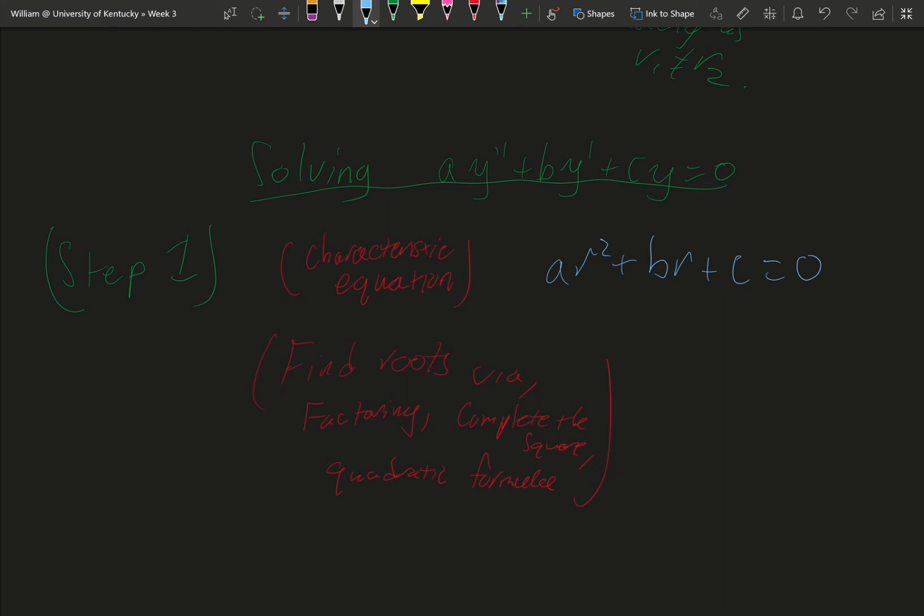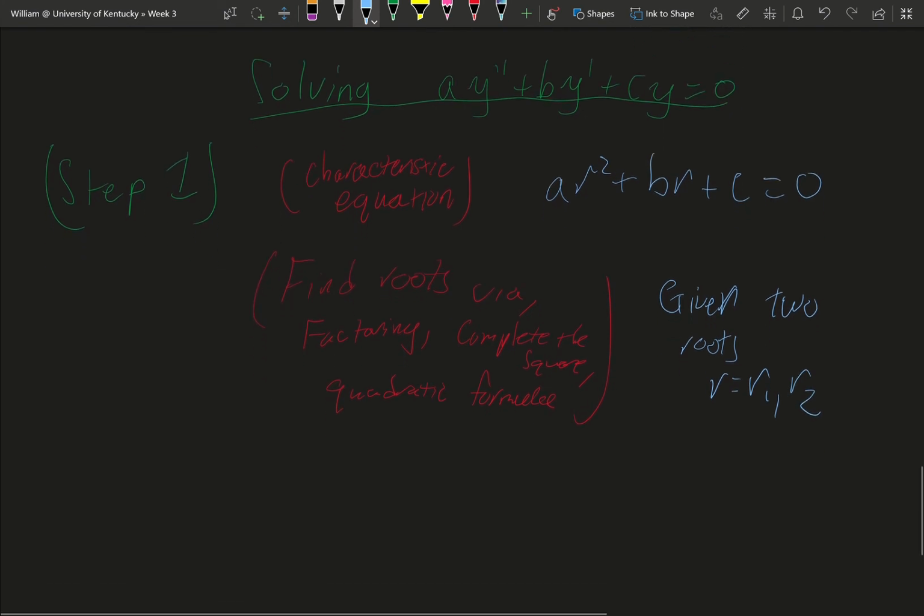But the key thing is, if you have two roots which are both distinct and not imaginary,